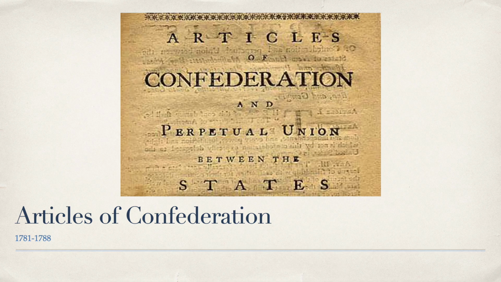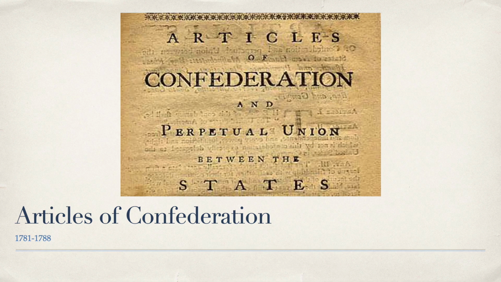In November of 1777, the Continental Congress adopted the Articles of Confederation, and this was the United States' first constitution, if you will. It was ratified by all 13 states in 1781, and it lasted until 1788. In this, what we saw was this great fear of a central government having too much power. Remember, they're coming from the rule of a king that had pretty much ultimate power. So they didn't want to have a new government that had a lot of power.